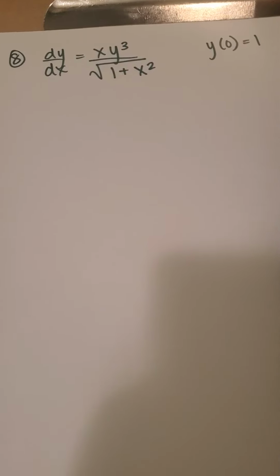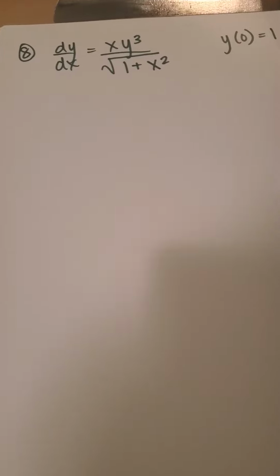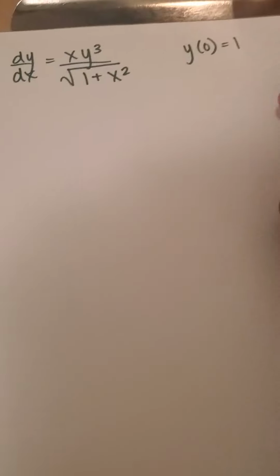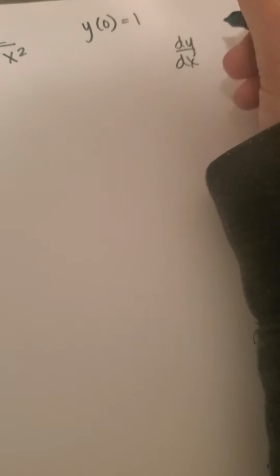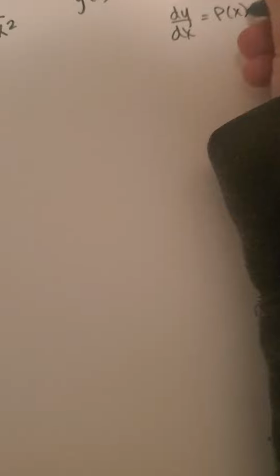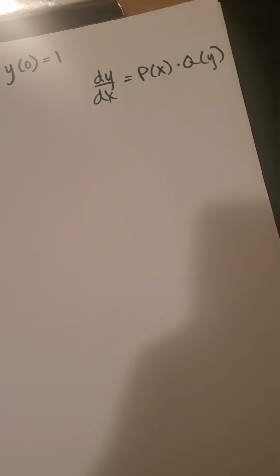One thing that I'm noticing is that it is still in this form of dy/dx equals p of x times q of y. It's not in our form 2 or anything like that, but